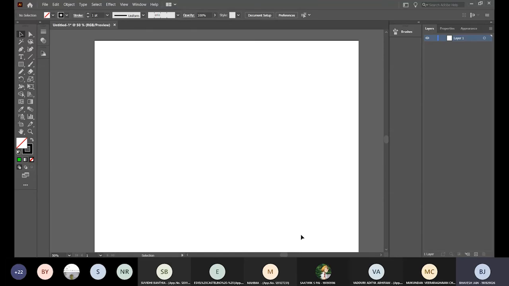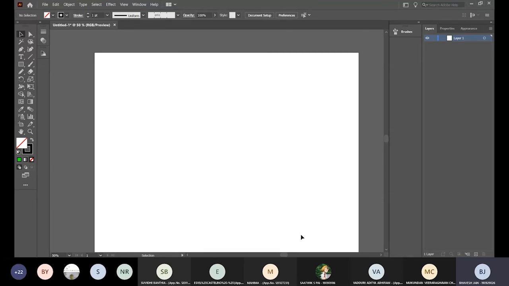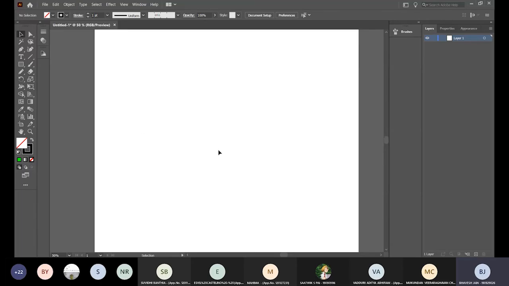Now, coming to the pen tool, arguably one of my favorite tools. It's one of the most useful tools in the entire Illustrator. Press P on the keyboard and you'll be able to access it. There are no settings for the pen tool per se, though you can of course have variations in the pen tool: the anchor point, delete anchor point, convert anchor point, and whatnot. But the pen tool draws straight lines and also curved lines.